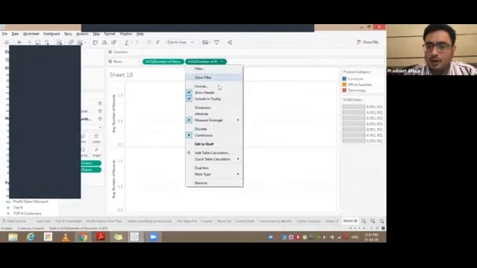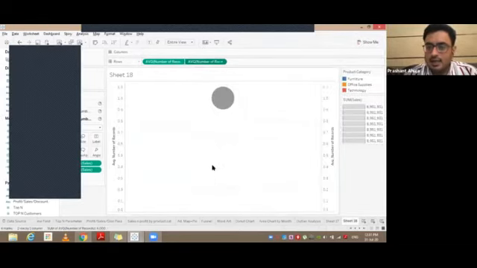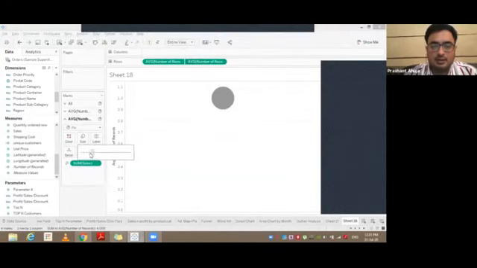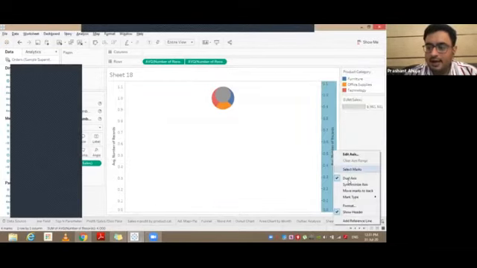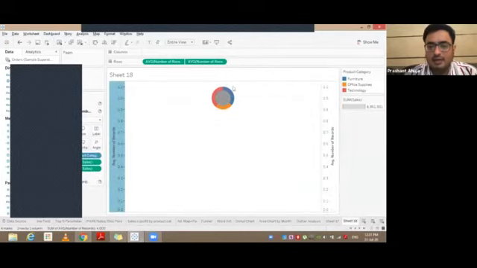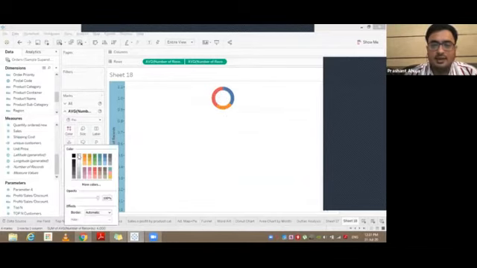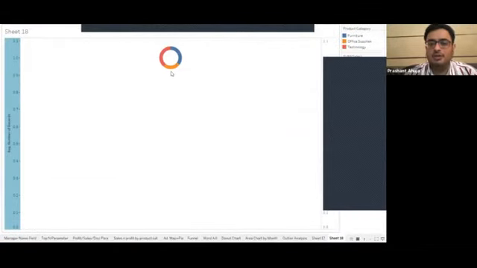I will make it dual axis. And now I will decrease the size of this chart. You see a blank spot is coming here. I'll right click here and I'll say synchronize axis, and this happens like this. I will now change the color of this chart to white, and the donut chart is ready.